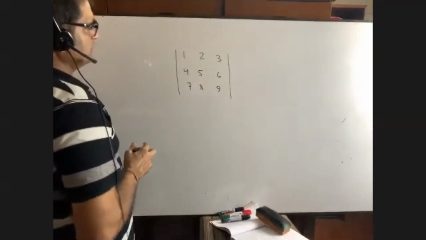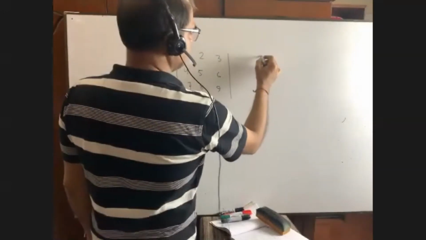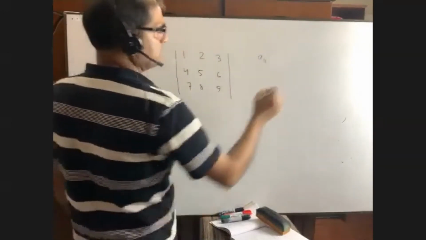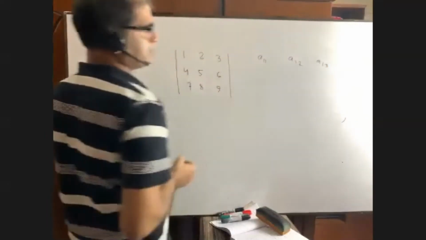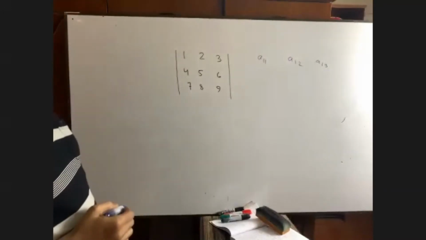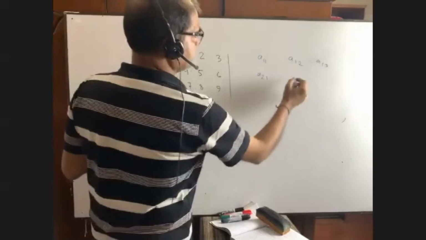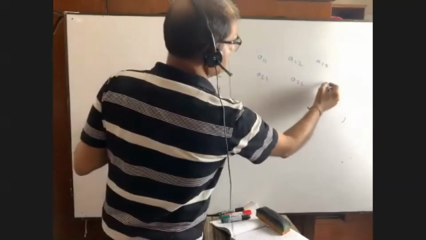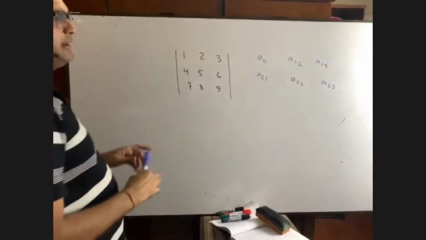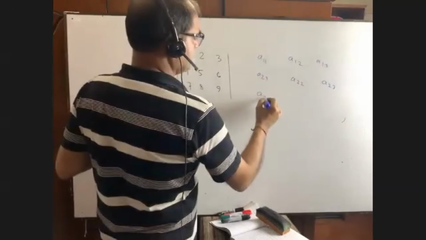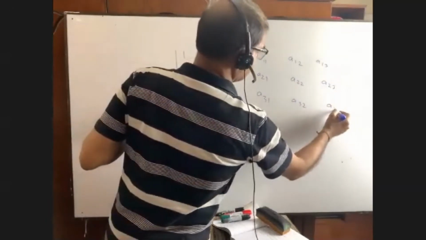Dear students, you know, in a matrix, what was A11? Can you remember? Then A12. Then let me know A13. Right? Afterwards, we have got A21, A22, A23. Is it? Then it was A31, A32, then A33.